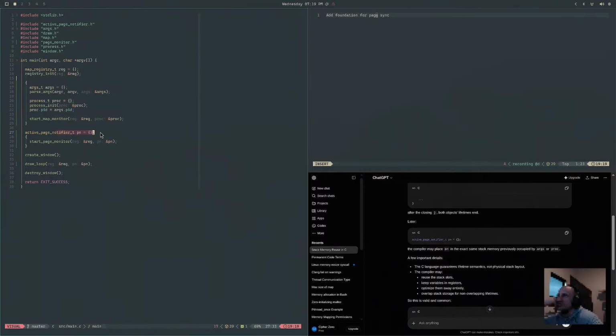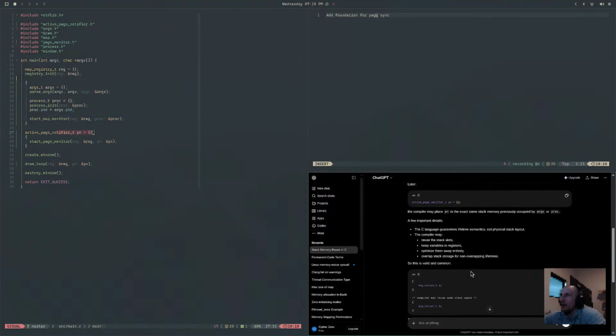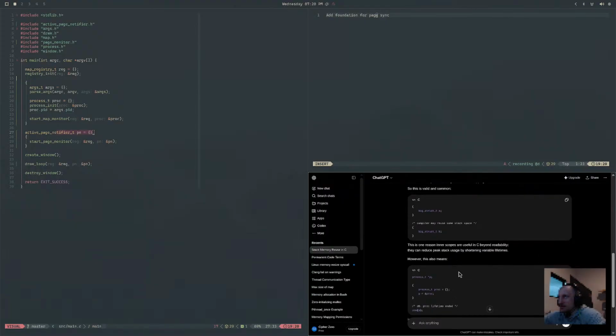The compiler may reuse the stack slots, keep variables in registers, optimize them away entirely, or overlap stack storage for non-overlapping lifetimes. So this is valid and common. Big struct A, the compiler may reuse the same stack space for big struct B. This is one reason inner scopes are useful in C beyond readability. They can reduce peak stack usage by shortening variable lifetimes. However, this also means that